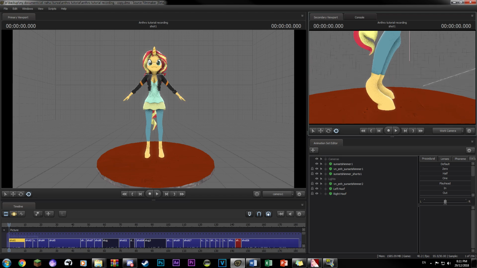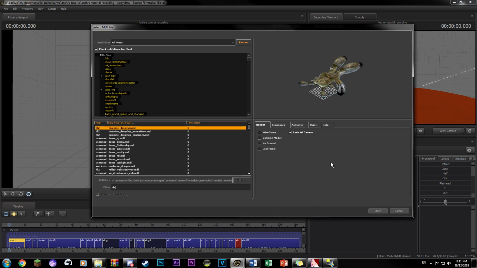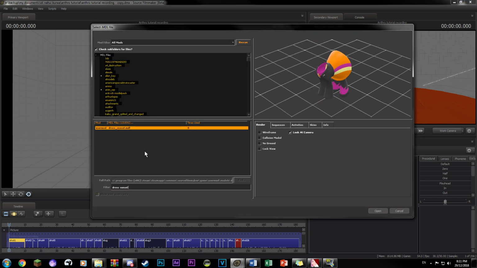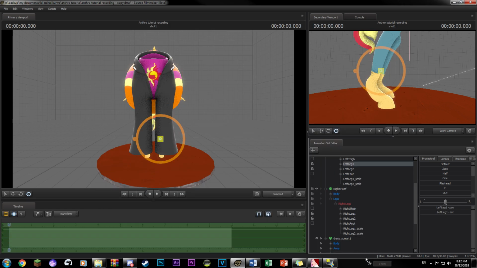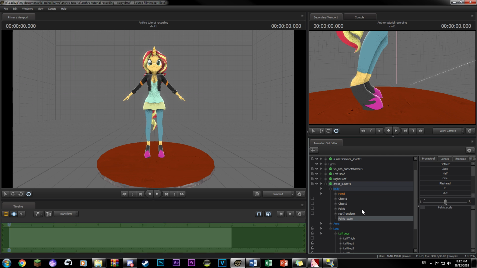Now, I did mention before that the finished model will be bare-hooved, barefoot, bare-hoo, whatever you'd like to call it, but there is a way to put the boots on the unguligrade legs. To make it work and look right is another thing though. Eridicor made a set of EQG outfits for the pony models, which include the boots. And so what we could do is lock the boots from this model to the models used for the hooves, and then sizing down the pelvis bone to hide the rest of the dress.